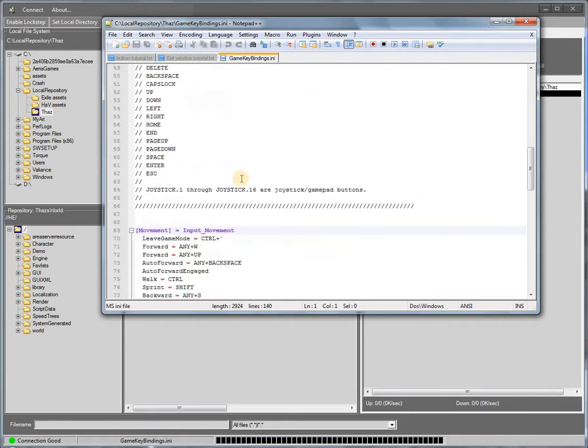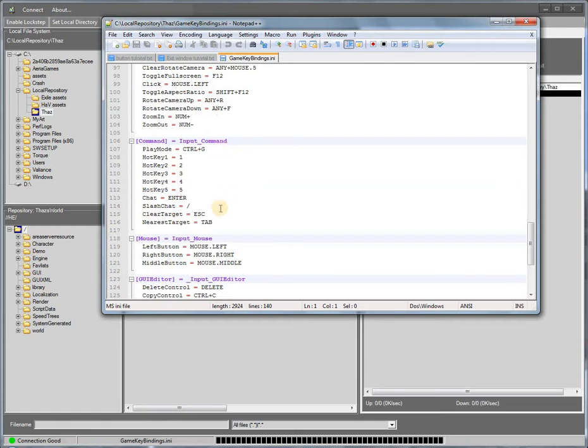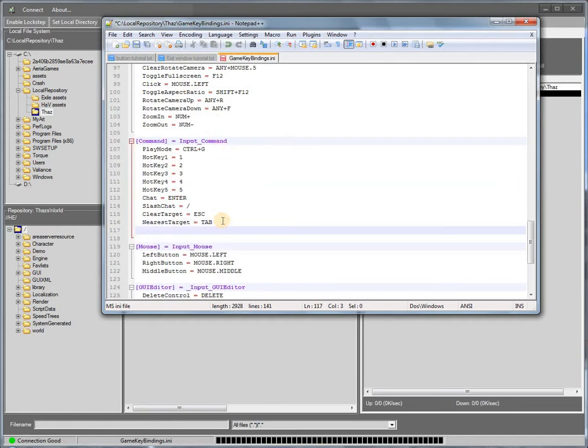Down in the function under input commands, we're going to type in exit menu equals escape. Escape must be all in capital. If there are two of them, we're going to need to change one. We're going to set this one to home for now. We then save that file,